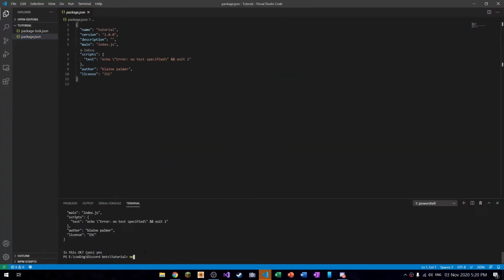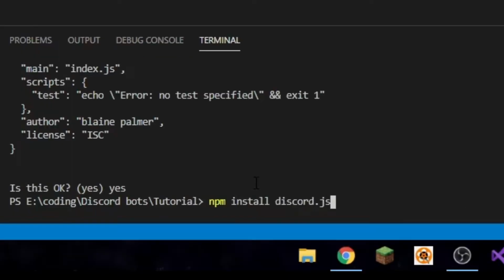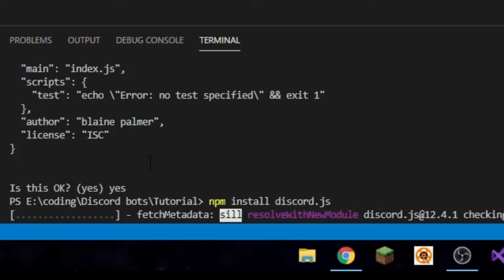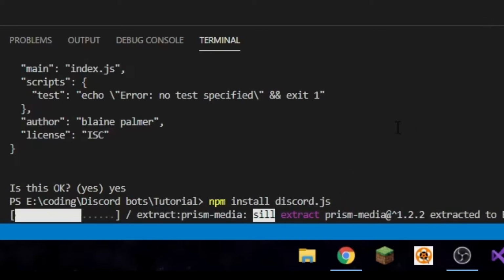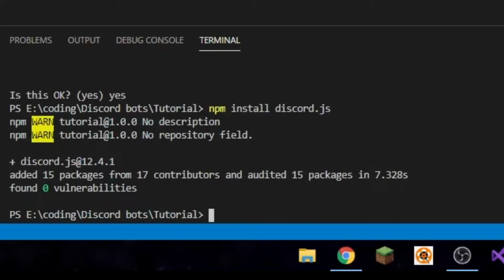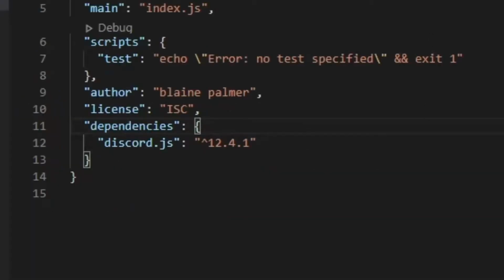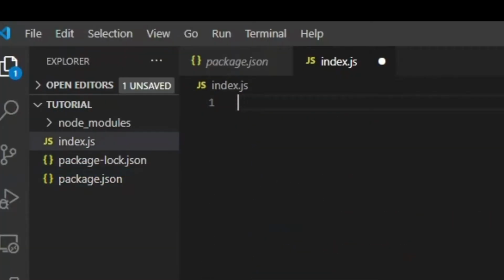The next thing we need to do is type in npm install discord.js. It's going to take a while to install, so give it a second. It has installed now, and it's set it as a dependency. Now we are going to create a file. This is just for beginners only, called